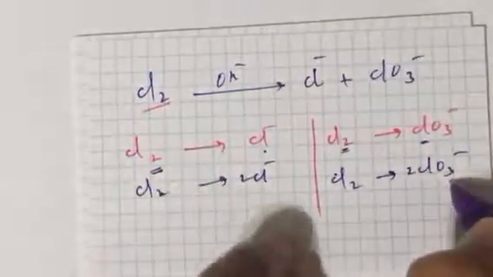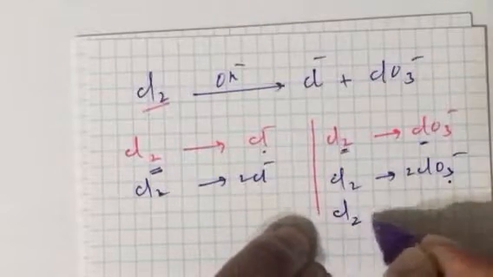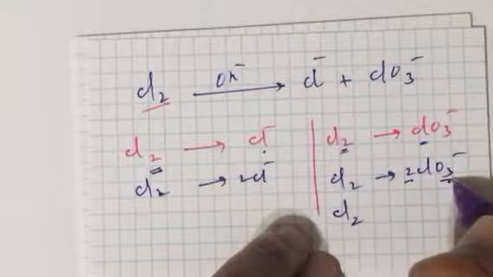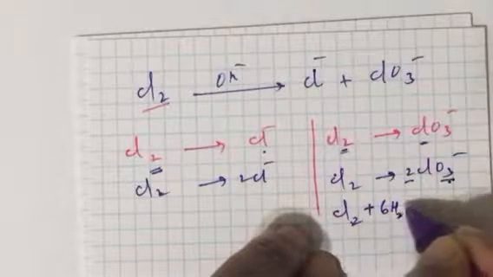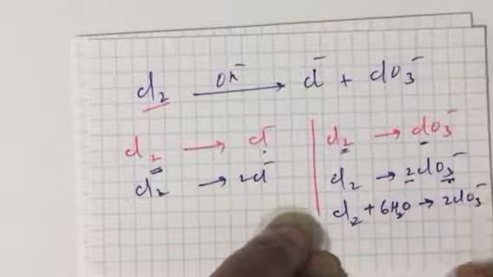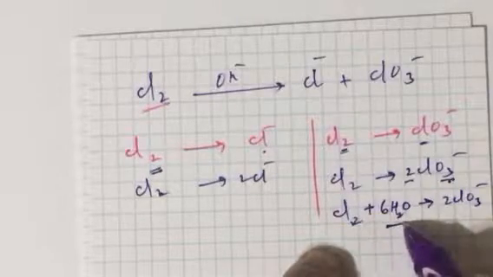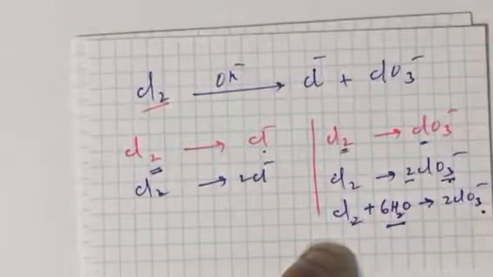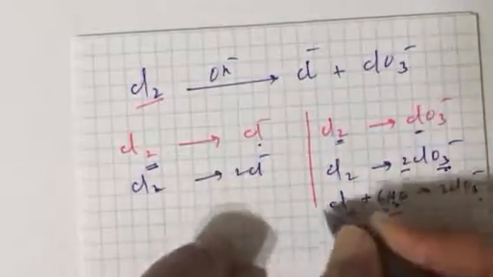Then here there are oxygens, here there is no oxygen. So I need to balance. Here there are 6 oxygens, here there are no oxygens. On the side where there are no oxygens, add enough water. Again you have a problem. Here you have hydrogens, 12 hydrogens. Here there are no hydrogens. To balance hydrogens, on the side where there are no hydrogens, in basic medium